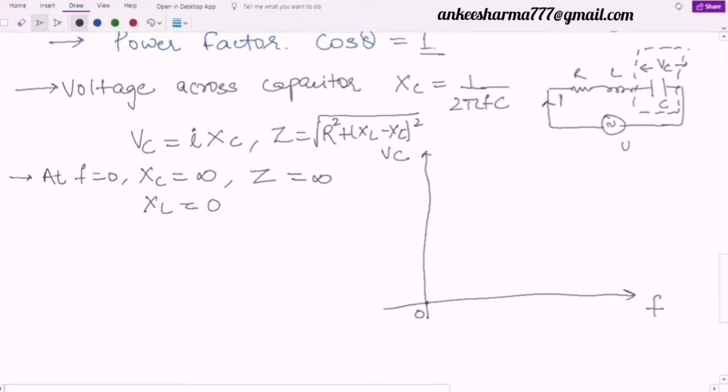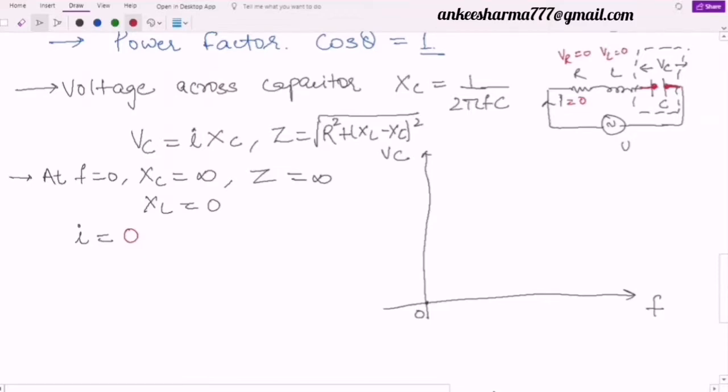So if I want my current I, can you tell me what will be the value of I? If I look here, as I said, the impedance provided by the capacitor is equal to infinity. It means it is an open circuit. Can I say that this circuit will now be an open circuit? Because the impedance is very large, it means no current. I value is equal to 0. No current will flow. So I is equal to 0 because in an open circuit current can't flow. And what is the value of my VC? If no current is flowing through it, definitely VR will be equal to 0 because VR is equal to I into R. Also VL will be equal to 0.